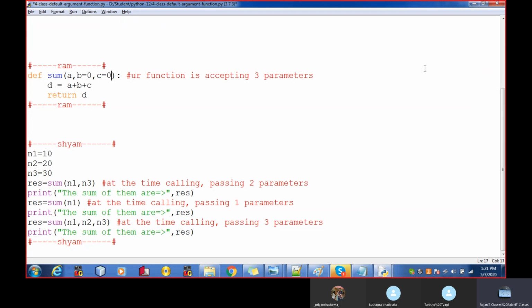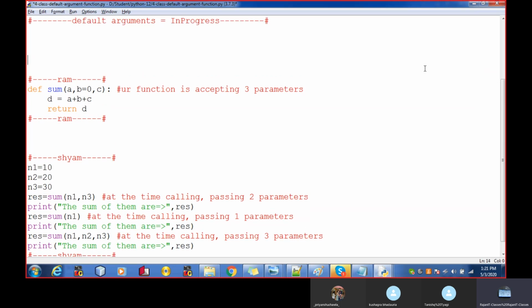It means I cannot make the parameter a default which is not coming in the list as last. Okay, so B parameter is not coming up as last in the parameter list, it is coming up in the middle, so it will throw an error.